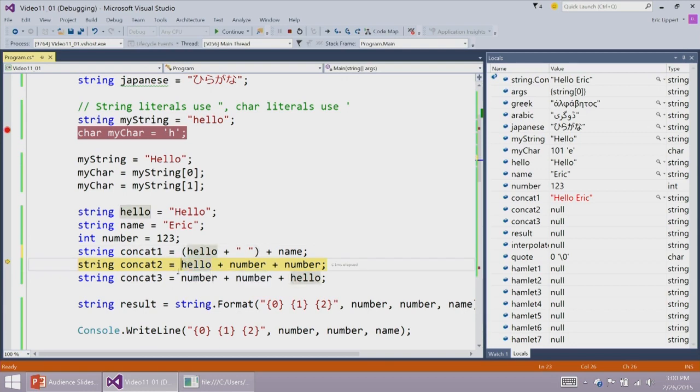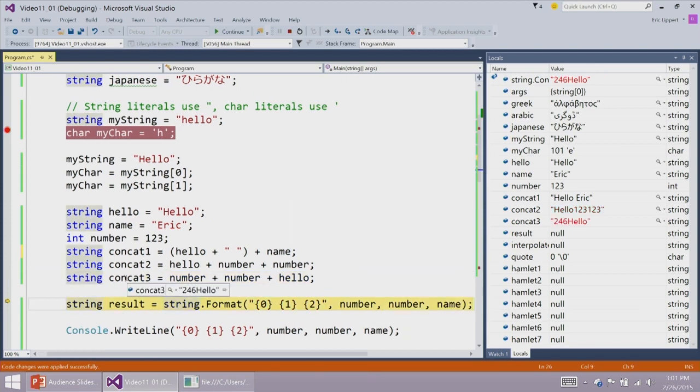So what about this one? This is going to be hello plus number plus number. All right, well, if we step over that thing, then we can see that this thing has become hello 1, 2, 3, 1, 2, 3. All right, exactly as we expect. We know from our previous video that when you concatenate a number with a string, the number is converted to a string, right? And it looks like this happens 2 times. And so, of course, the same thing is going to happen here, right? We're going to concatenate the number and